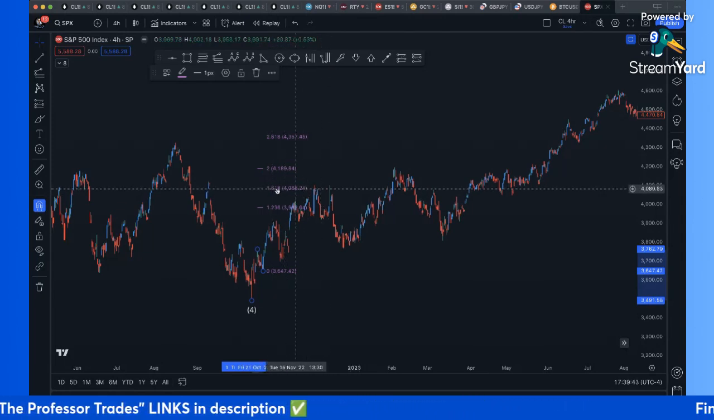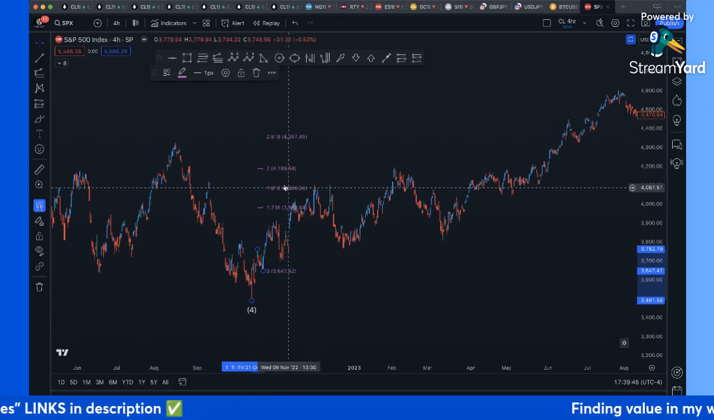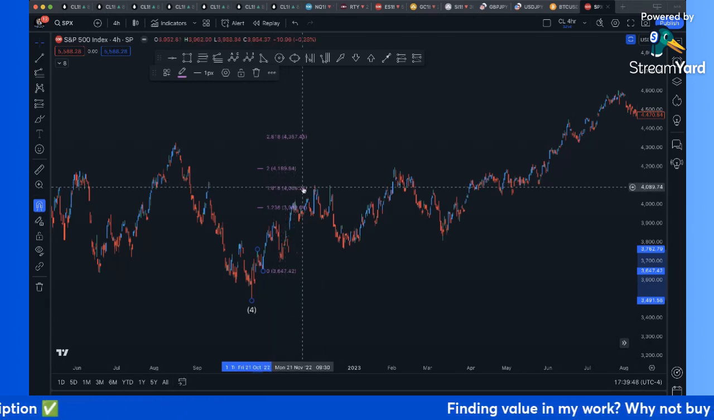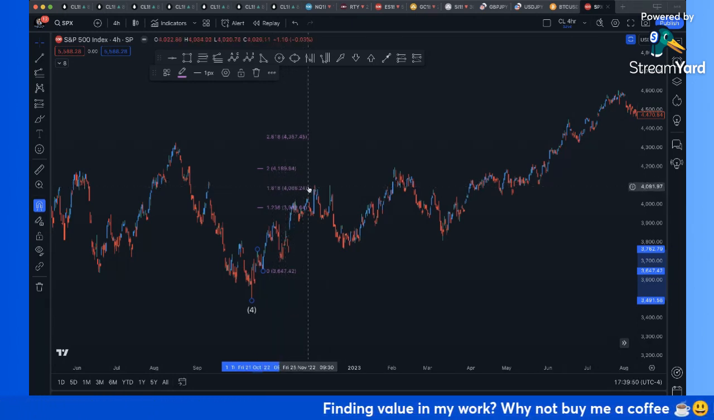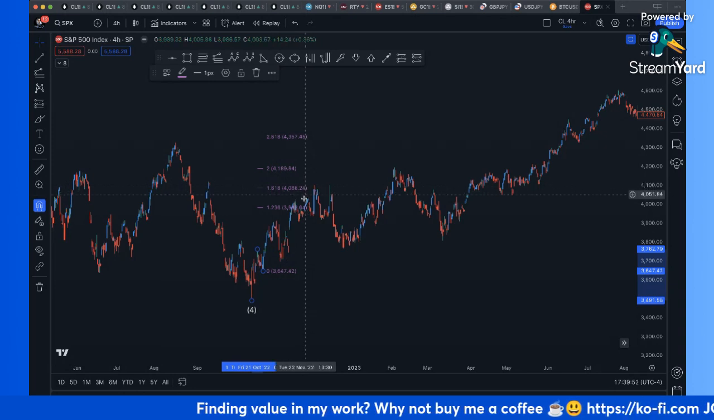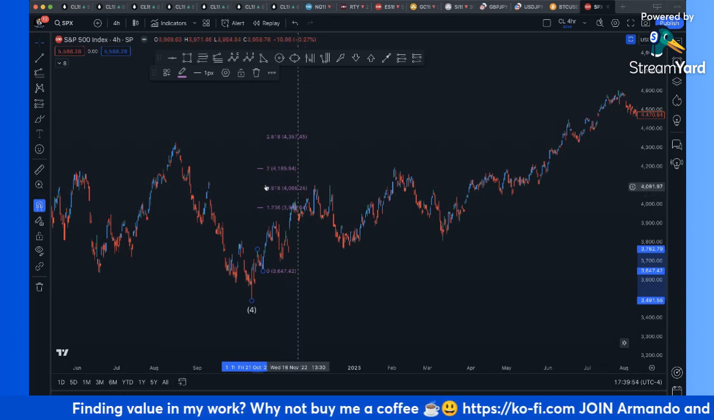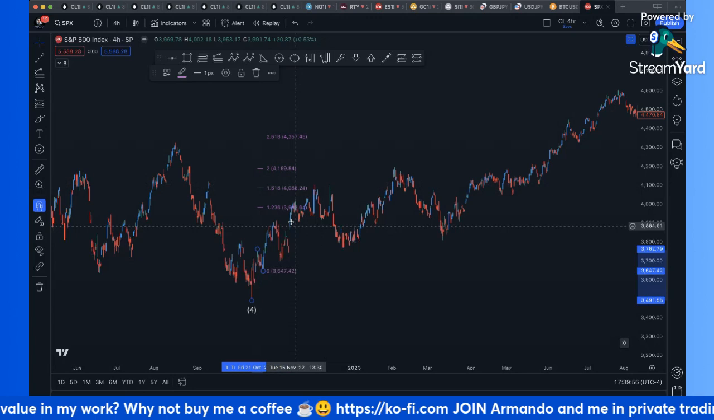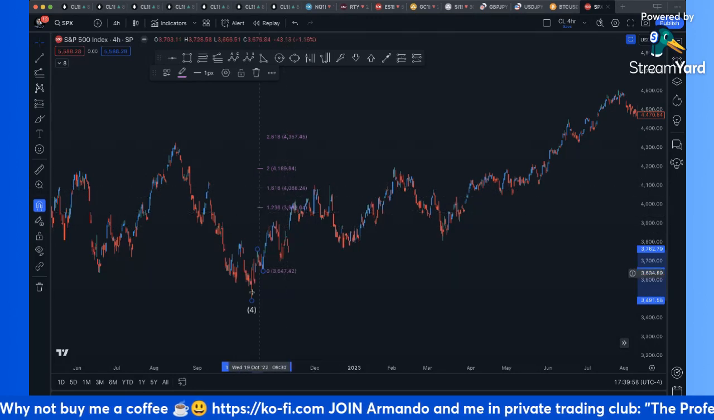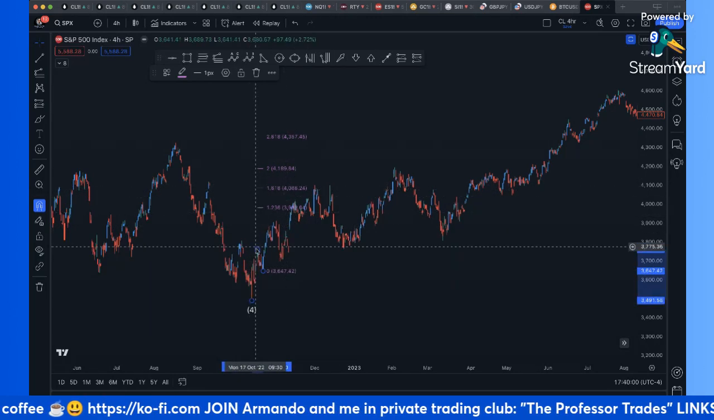This is a well-known, famous Fibonacci number, 1.618. It comes into our work all the time as Elliott wave practitioners. So this can absolutely be 5 up just at first glance, because it did come up to the 1618. What that actually means is the length of this wave 1